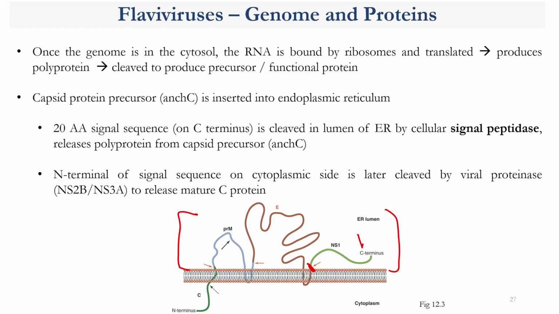Now, the N terminal of the signal sequence on the cytoplasmic side, which is right here, is later cleaved as well. So this is done by, again, viral protease or proteinase, NS2B, NS3A, and as a result, it releases mature C protein, so mature capsid protein, okay? Now,